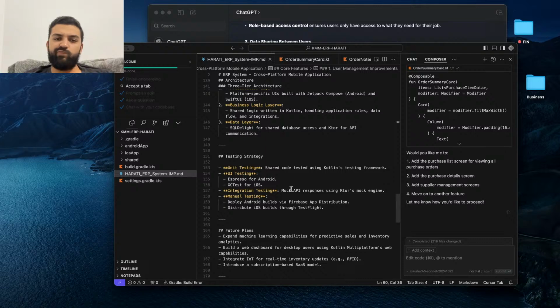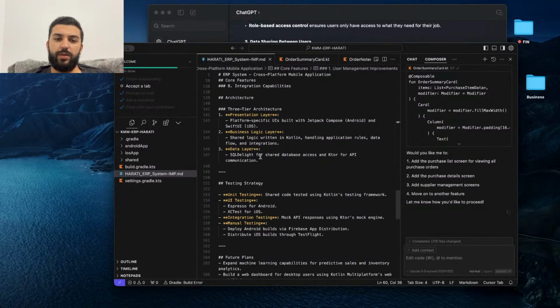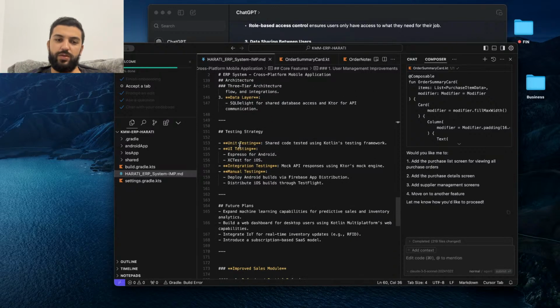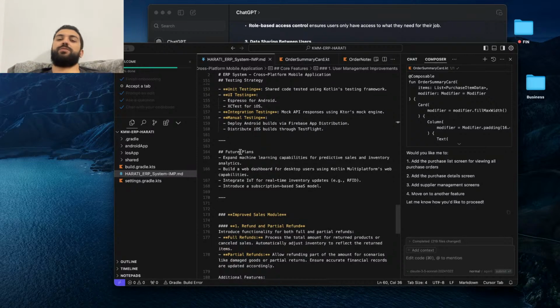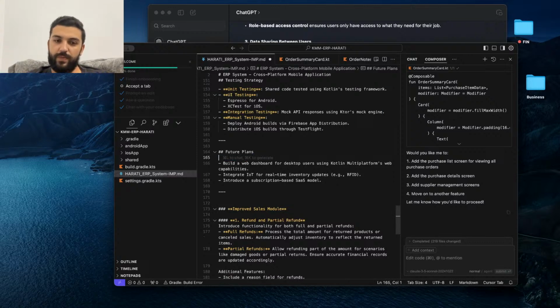Okay, data layer, as we said before. Here we got the testing and future plans that ChatGPT has given me. Expand machine learning. I want to be using this for predictive sales and inventory analytics. I don't need that at all. Let me delete it right now. Build a web dashboard for desktop users using Kotlin Multiplatform web capability. I will be doing this after we finish with the